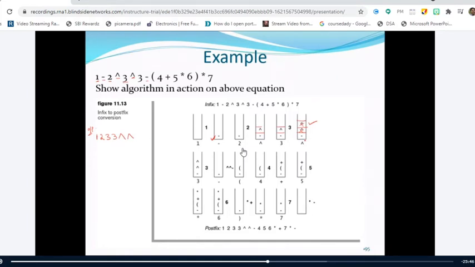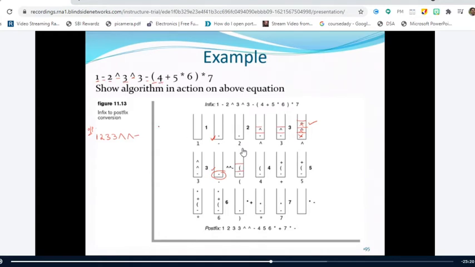And place it, print it. Super, right? You have to pop it and place it in the output, and then you have to push the new minus operator. This is the new minus operator. So I have pushed it, and then we have come across an open parenthesis. Open parenthesis means nothing to do. You have to just perform the push operation. So I have pushed this element onto the stack.